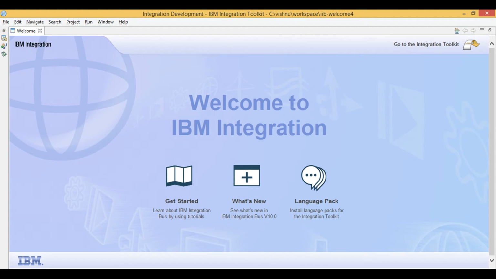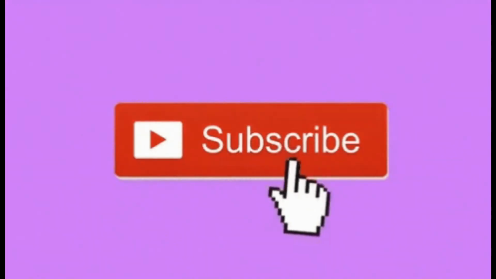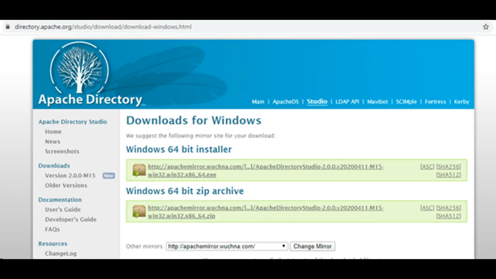Let's learn IIB. Today, I will demo how to restrict access to a SOAP web service using LDAP username and password. In production, there are many ways to restrict access. You can restrict access with firewall, IP whitelisting, using client credentials, and many more. Today, we will use LDAP to bring security to our SOAP web service.